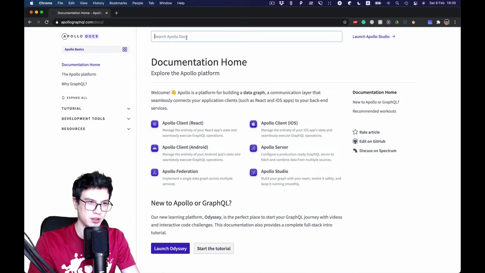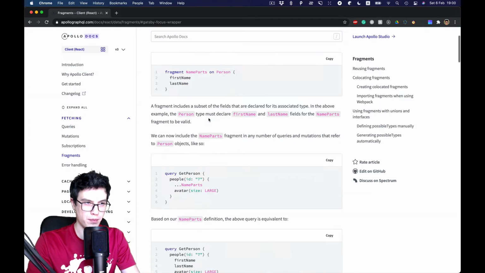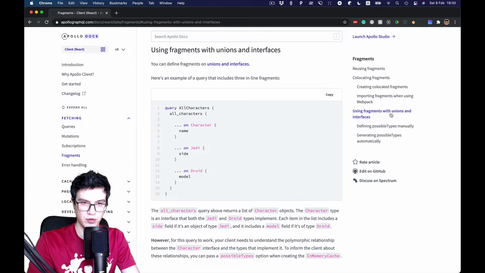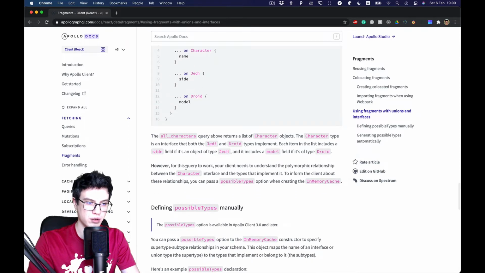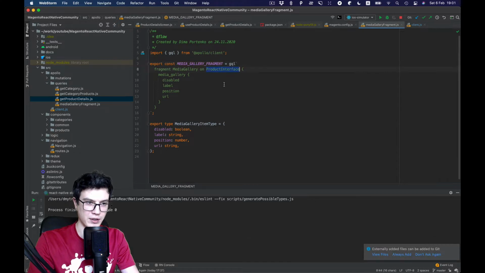We go to the fragment documentation. In the section on using fragments with unions and interfaces, there is a note: your client needs to understand the polymorphic relationship between the character interface and the type that implements it. So in our case, we have the product interface,